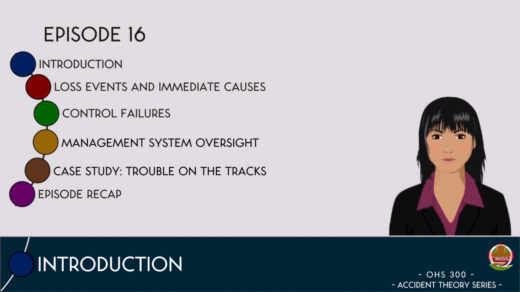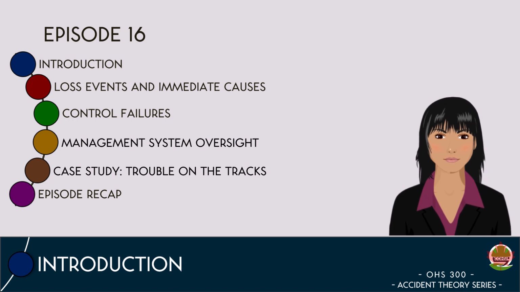In previous episodes, we learned that early list models focused on immediate and individual factors, which offered little value for prevention because they failed to explain why hazardous conditions existed. More developed list-based approaches, such as Tripod and HFACS, organize contributing factors into broader system-level categories, helping shift attention away from individual blame and toward organizational and supervisory influences. However, these models are primarily classification tools rather than investigative methods and depend heavily on the quality of information already